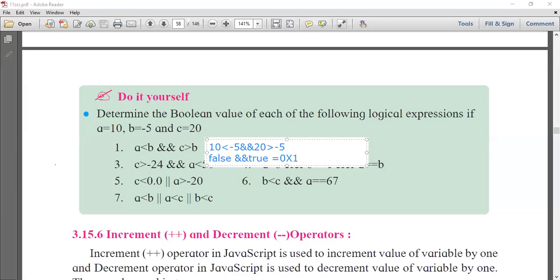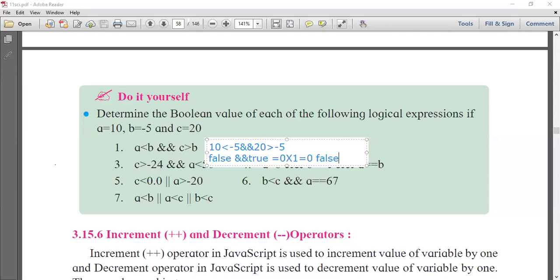If you multiply any number by 0, then you will get answer 0. When you are getting answer 0, the answer is false.